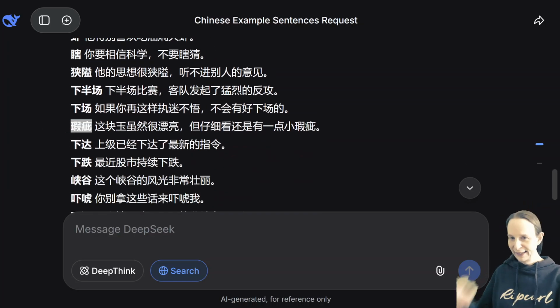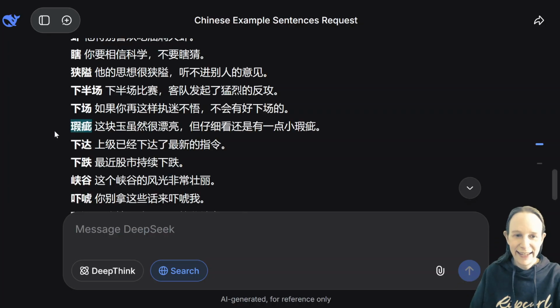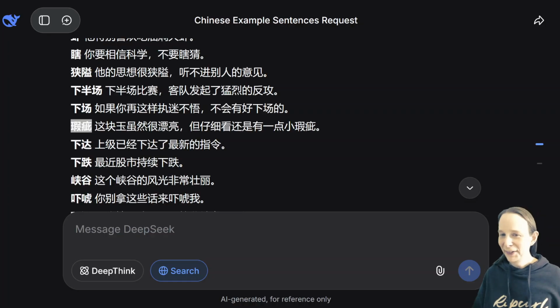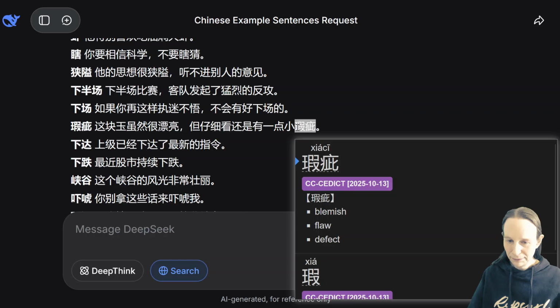Mostly I see these two characters together in 瑕疵. Both of them pertain to blemishes, right? So often you want to be a bit 委婉 when you're criticizing someone or something and you say 瑕疵. You might use this as a blemish. Not that it's like, oh, it's totally stuffed, you know. 这块玉虽然很漂亮，但仔细看还是有一点儿小瑕疵。